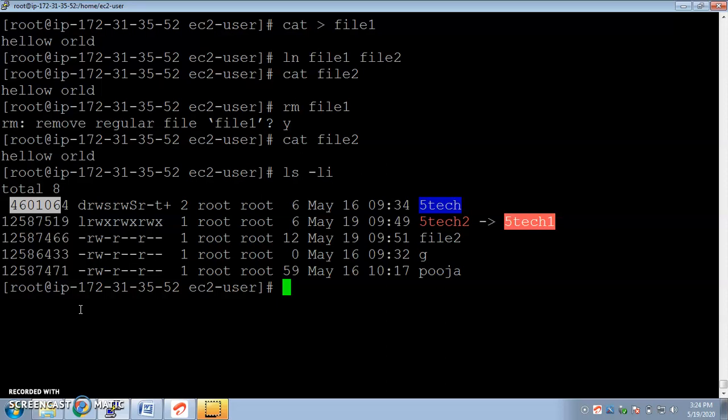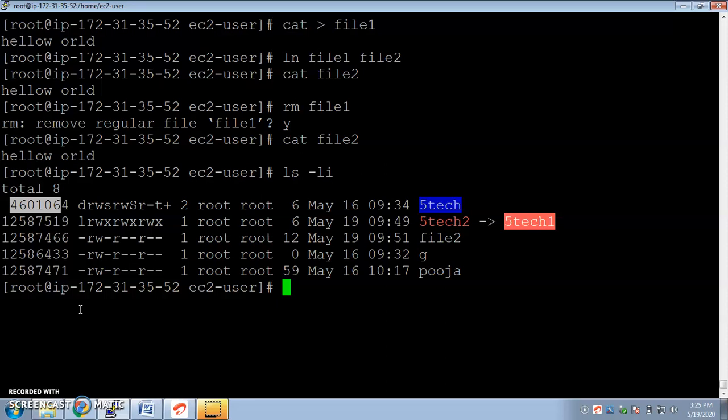Okay, now let's see a difference. In case you are asked in an interview, what is the difference between symbolic link and hard link? What is the major difference? Just say a simple sentence. In symbolic link, inode numbers are different for both the files, that is the source file and the link file.